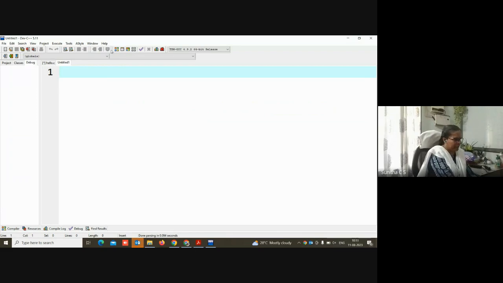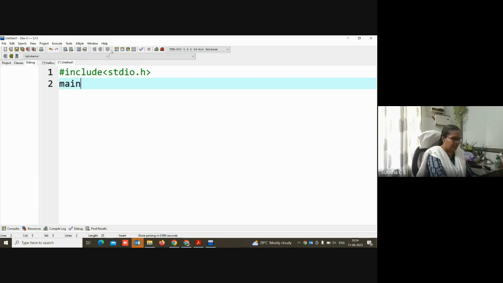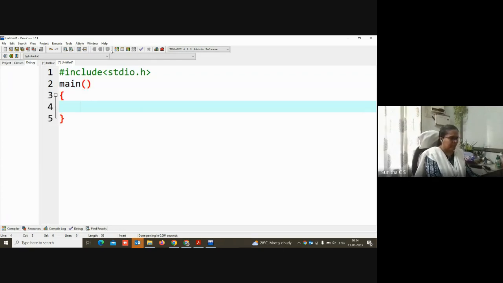Here again, I'm going for hash include stdio.h, and I have a main function. Inside that, my problem to you is to print the sum of 50 and 70. Your C program should print the result of 50 plus 70.